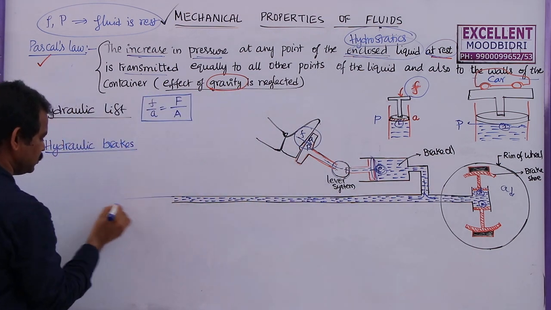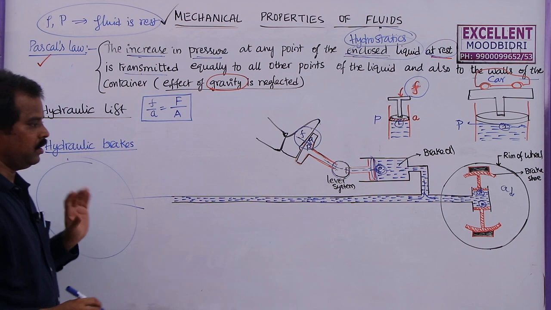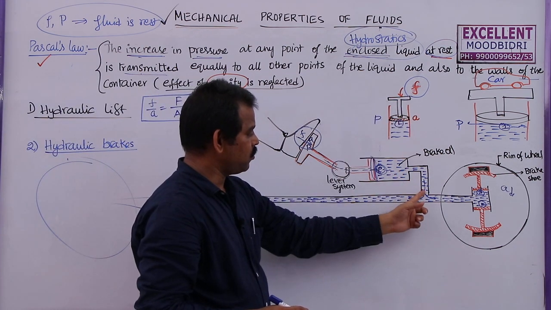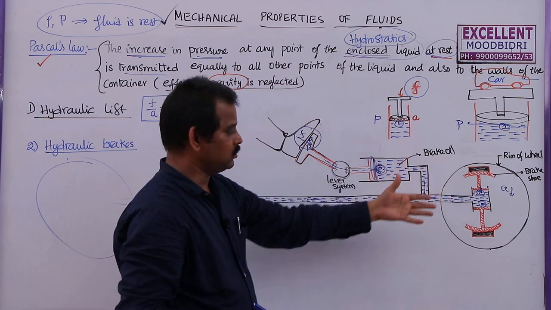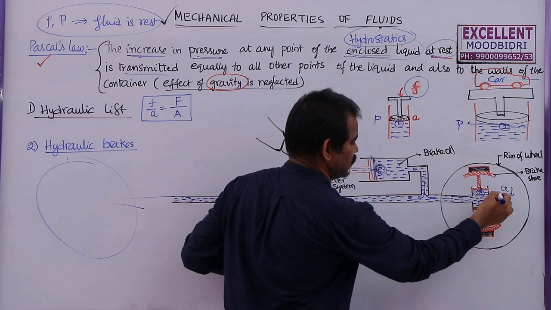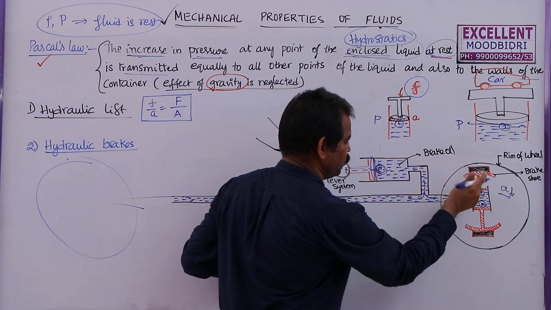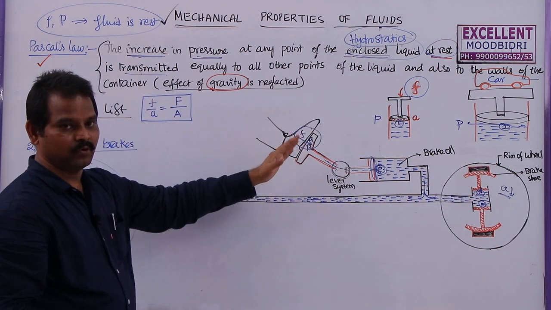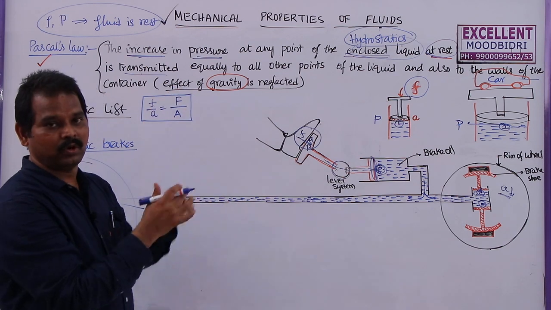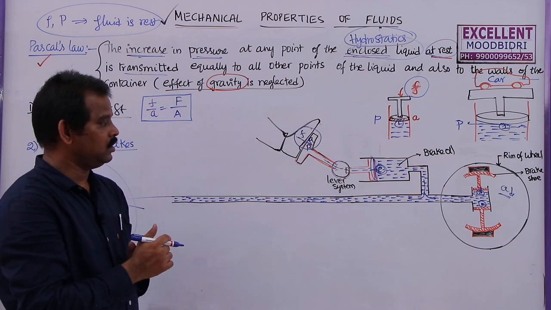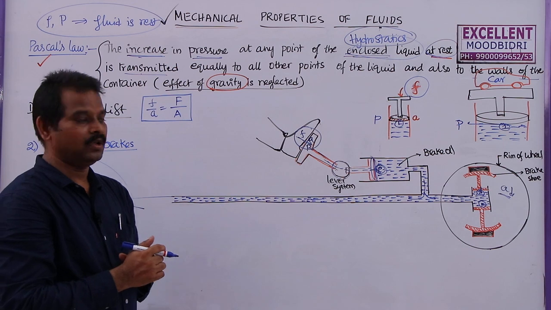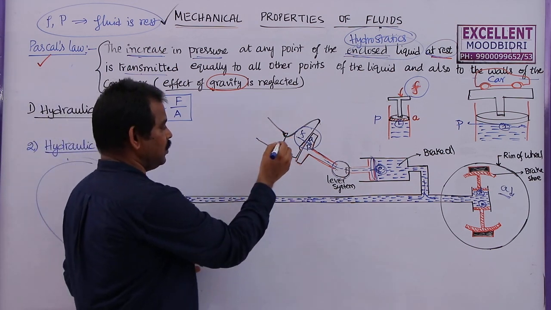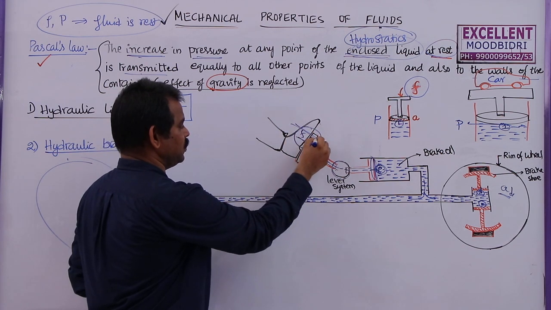This is the front wheel and somewhere here we have a back wheel, the rear wheel, and on the other side also brake oil will be used, on the other side of the car, so that these will press these brake shoes so that the velocity can be reduced by applying a small force. The weight of the car is too large, 800 or 1000 kgs, and it has some acceleration, and the force with which it is going will be too large, but we are not going to apply that much force here, we are applying a small force.